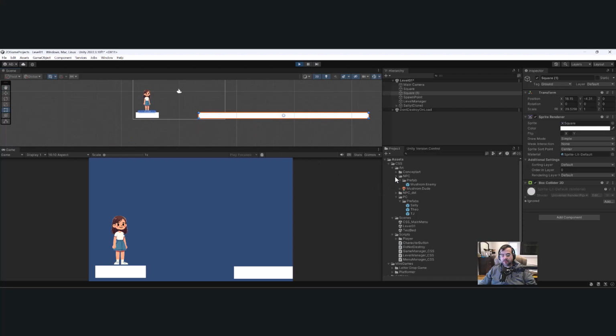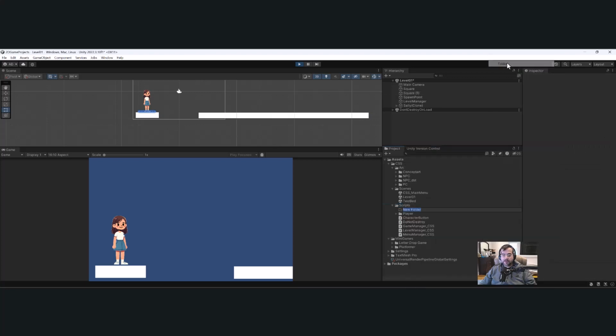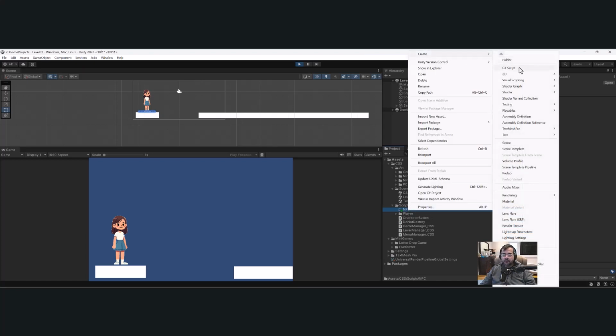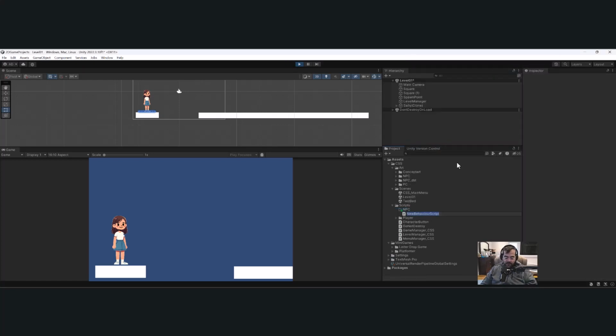Now, under our scripts folder here, we want to go ahead and create another script. And actually, let's just make a folder called NPC. And this will be all the scripts that go towards dealing with any of our enemy characters, or any code that goes for any non-playable characters. All right, so the first script I need is an enemy controller, and we're going to do